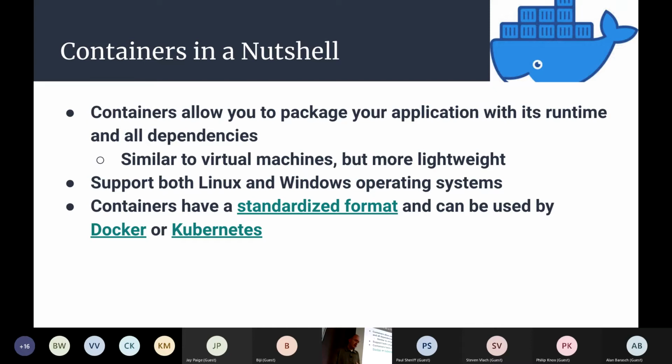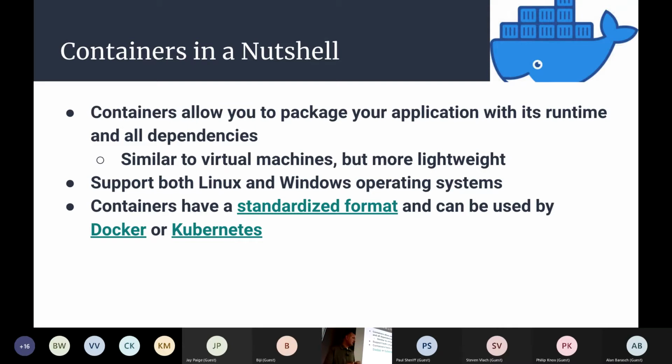put that container. Containers are similar to virtual machines, but they're more lightweight. I'll have a little picture to depict that in a second. I wanted to just point out that we're going to be using Linux containers in this demo today, but you can also create Windows containers. So if you have, let's say, a .NET framework application that only runs on Windows, you still can use containers. And last but not least, I just wanted to point out, I think a lot of people think